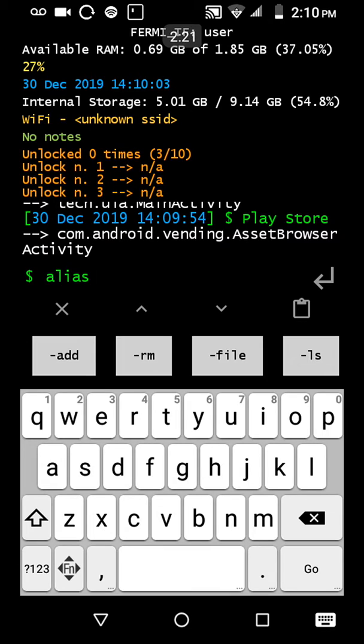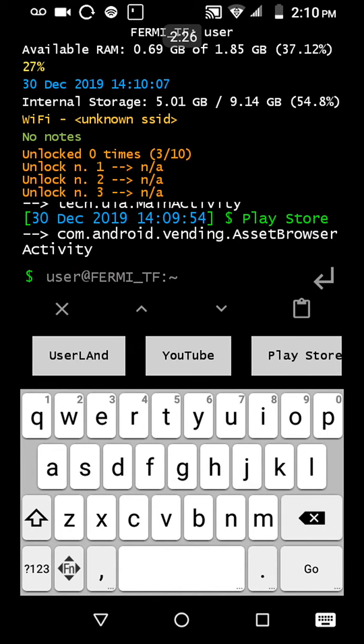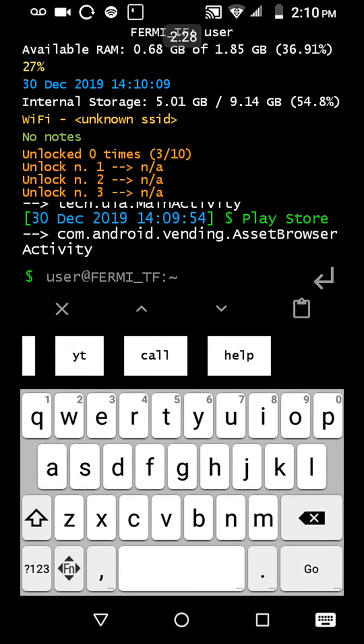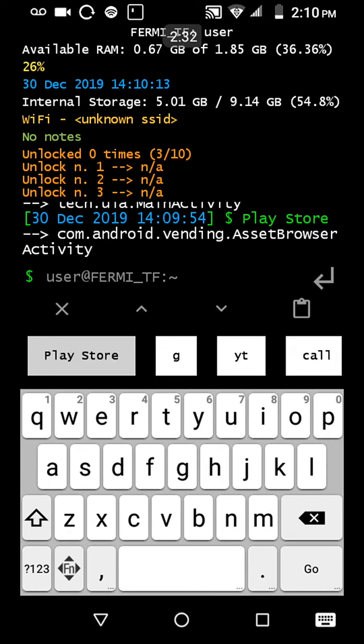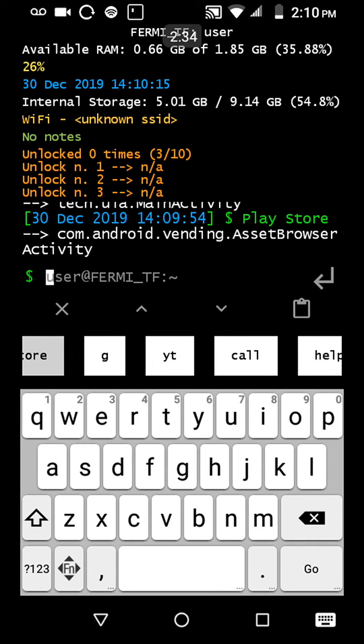It saves you a lot of time and energy. You can search, you can type in aliases. It has icons. Like over here, I have an alias G for Google to go to Google.com, and YT to go to YouTube,